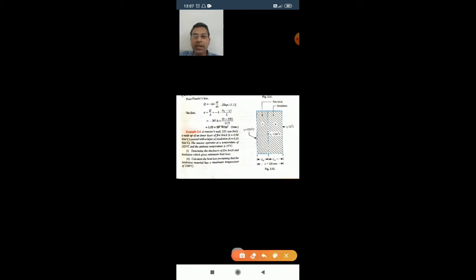Now the first thing you must know is that the heat flux will be the same. What does this mean? This means that the heat flux will be the same for wall A or wall B, or from point 1, from T1 to T3. The heat flux, or the heat transfer, will be the same throughout. Remember this. So the value of Q by A will be the same. Therefore, I can say, moving again to the next slide.